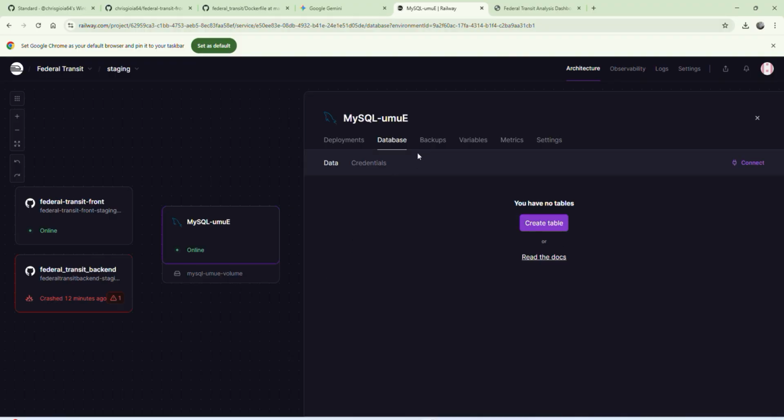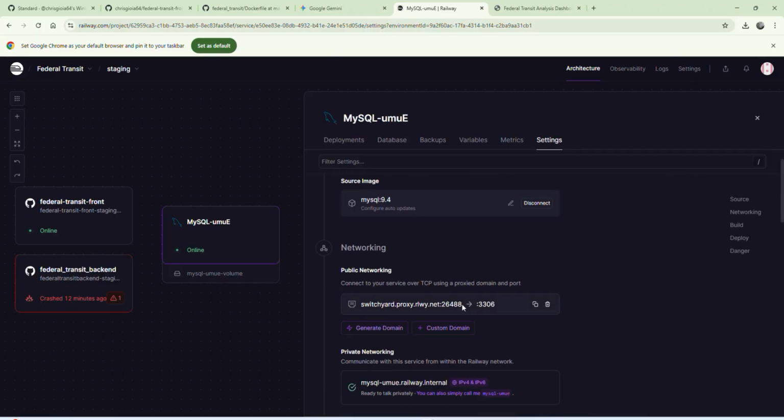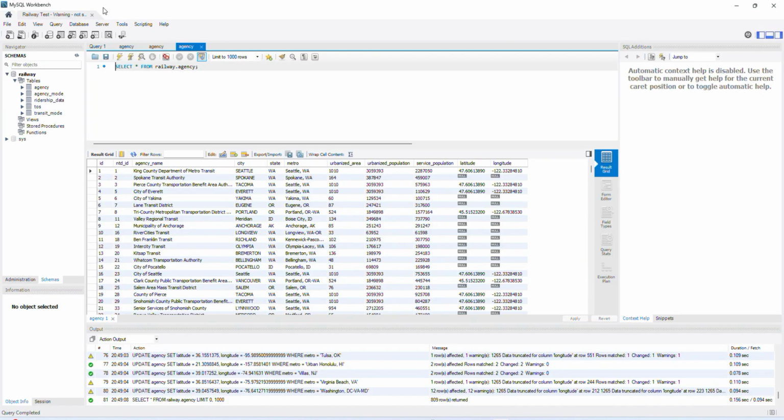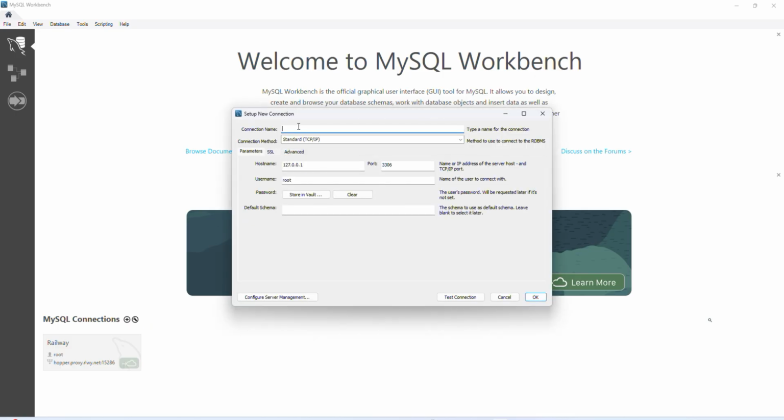Okay, so it worked. So now we're going to see if we can connect to the database. I have here on my machine a MySQL Workbench. So I'm going to create a connection. So let me delete this. I'm going to create a connection, and I'm going to call it railway staging,